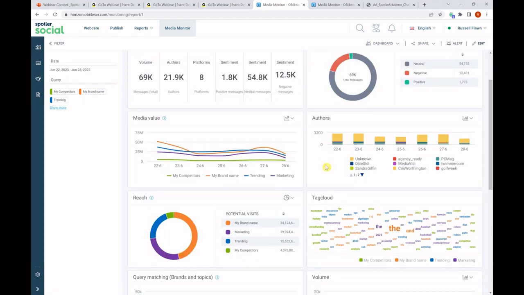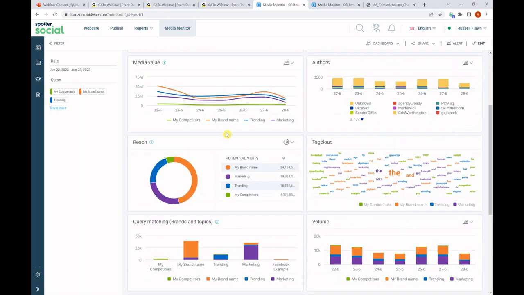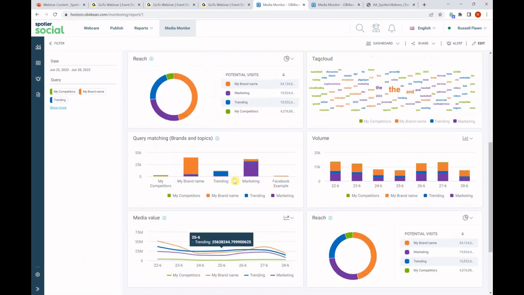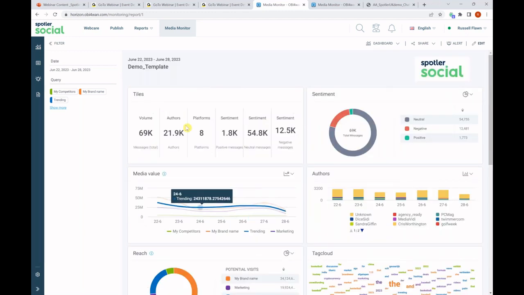You've got many other types of charts and analysis, configuration and attributes to review. You've got reach, brand value, media value, query matching, all types of analysis. And this is a custom report builder that you can brand with your own logos. You can then share it, save it as a PDF, share it with coworkers or via a public URL, and